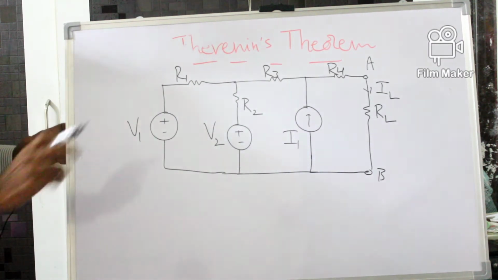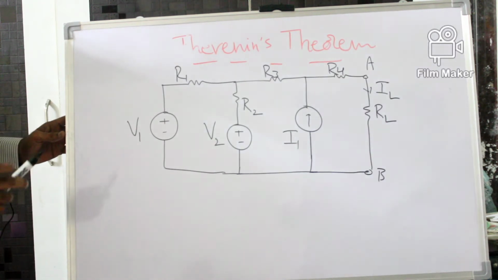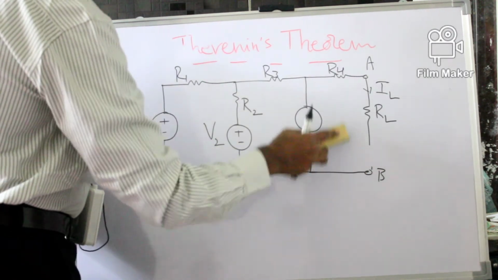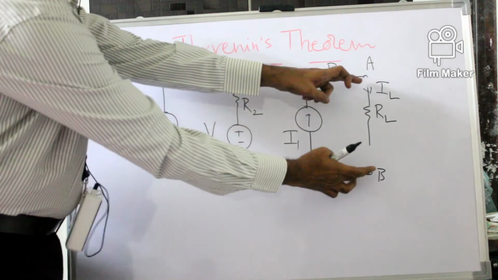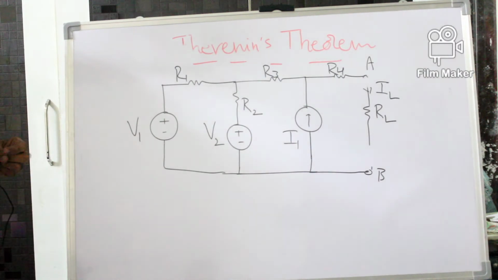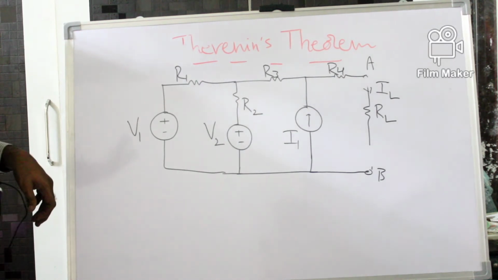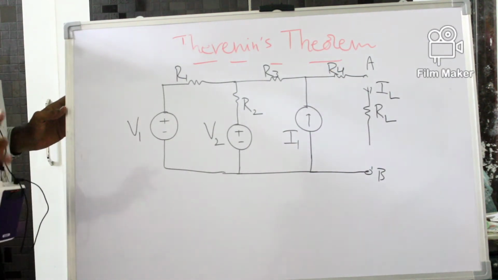According to Thevenin's theorem, this particular complicated network can be replaced by a single voltage source known as Thevenin's voltage and a series resistance known as Thevenin's resistance. First of all, we have to make open circuit these terminals A and B and measure how much voltage is there between the terminals A and B. That open circuit voltage will give us Thevenin's voltage V Thevenin, and R Thevenin is the equivalent resistance between the same terminals A and B, making all the sources equal to 0.